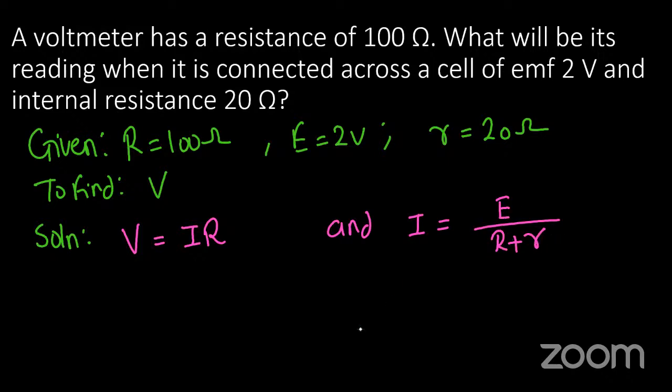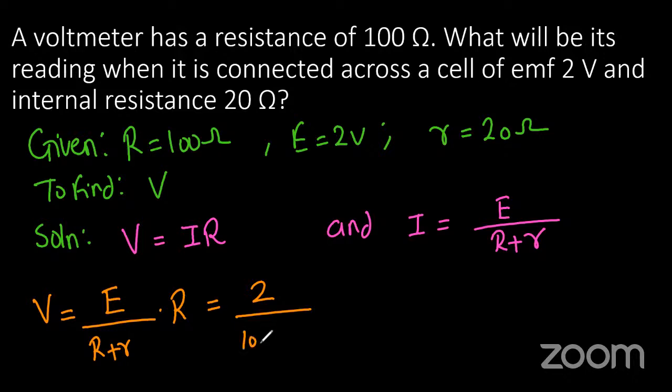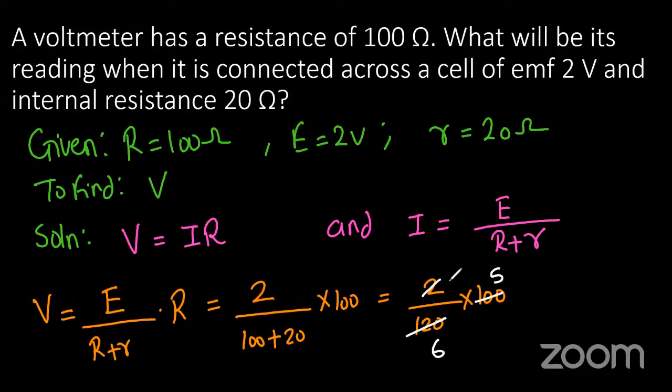So अगर ये दोनों formula मैंने club किया, if I club both the formulas, तो मुझे क्या मिलेगा? यहाँ पे जो I just replace by this one. Yesterday हमने same sum किया था, same values नहीं थे, लेकिन same type था. So if I put the values, 2 divided by 100 plus 20 into 100. So it's 2 by 120 into 100. If I cross it, 20 के table में to become 5, it will become 6. So it's 1 by 3,